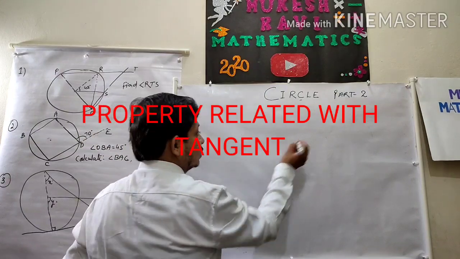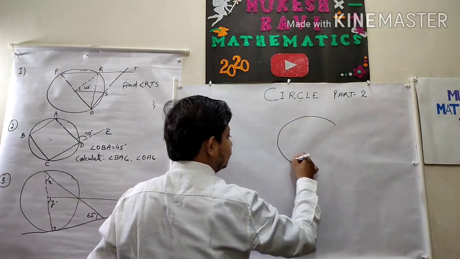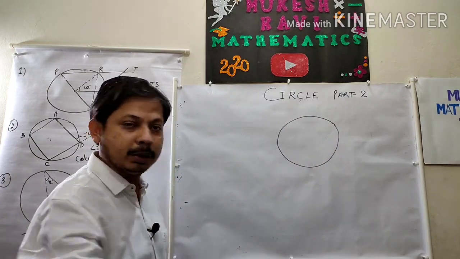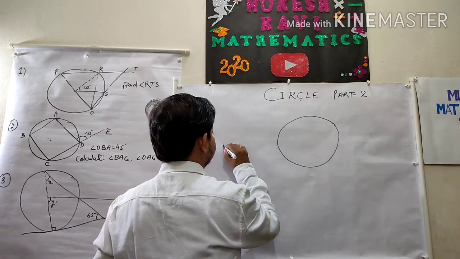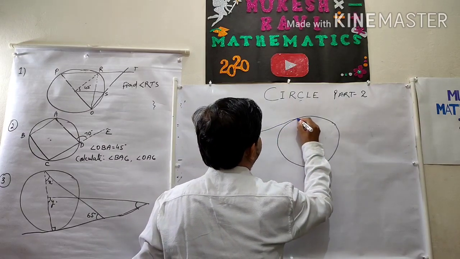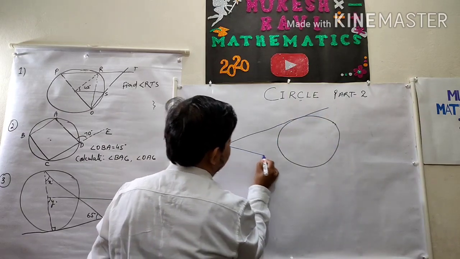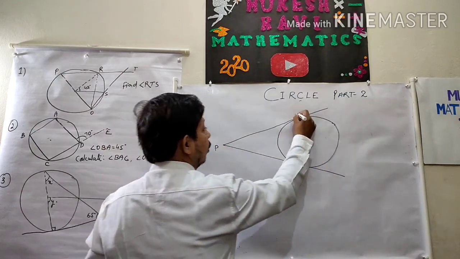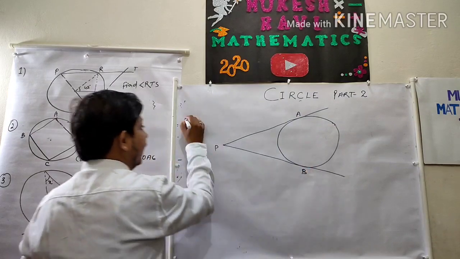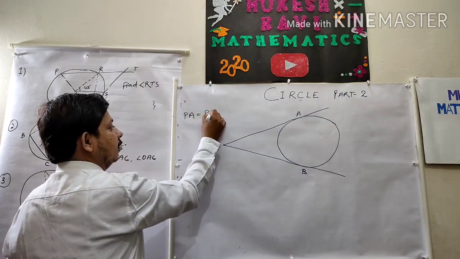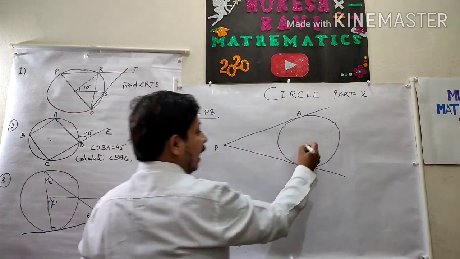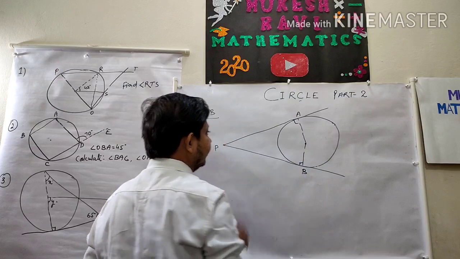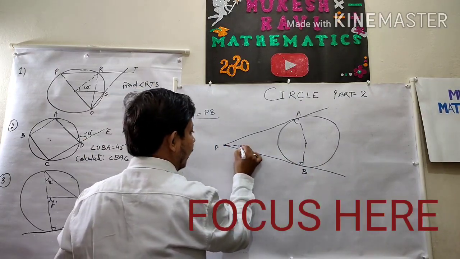What points? Suppose this is your tangent. You can say this is your theorem also, you can say this is your information also. This is the previous knowledge, class 8 and 9. This is your revision from the last part. From one point P, how many tangents are possible? 2 tangents, and the length of the tangents is always equal, PA and PB, and at the point of contact the angle with the radius is 90 degrees. These are your short points.